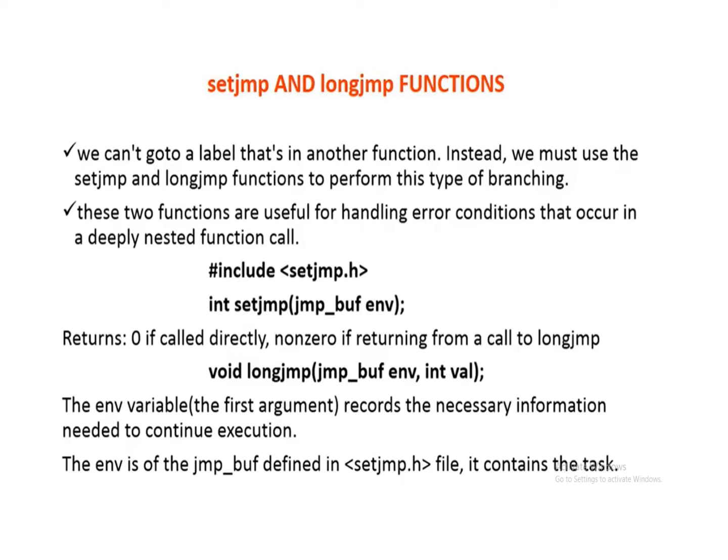These two functions are useful for handling error conditions that occur in deeply nested function calls. Include setjmp.h, then setjmp with a jump buffer environment. It returns 0 if called directly, and non-zero if returning from a call to longjmp. Longjmp takes a jump buffer environment and an int value. The environment variable, the first argument, records the necessary information needed to continue the execution. The environment is of the jump buffer type defined in the setjmp.h file, where it contains the